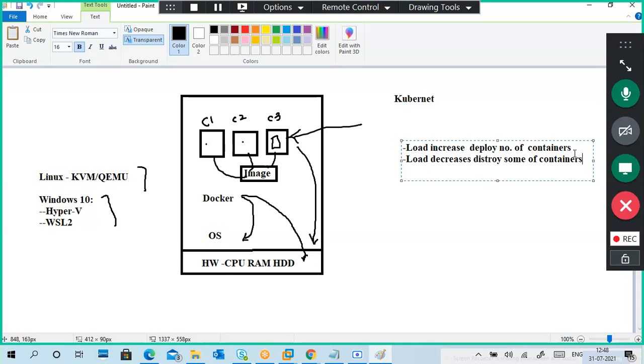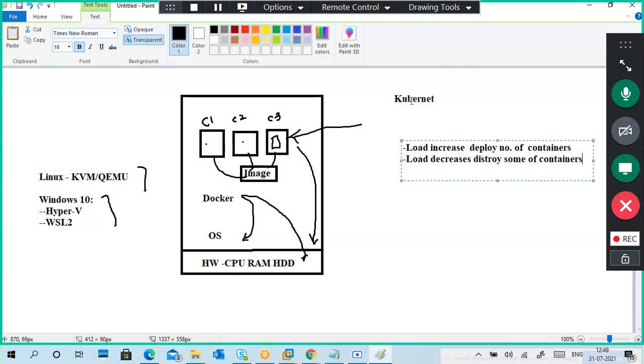When load decreases, it automatically destroys the containers. So as per the load only it will maintain. Commissioning and decommissioning of virtual machines, your infrastructure or containers is called elasticity. Kubernetes maintains this automatically. That is called orchestration.